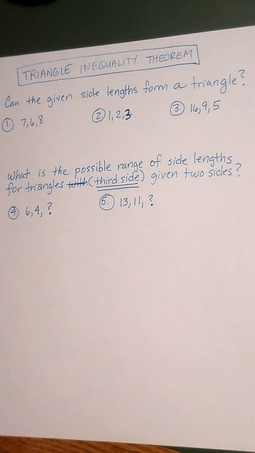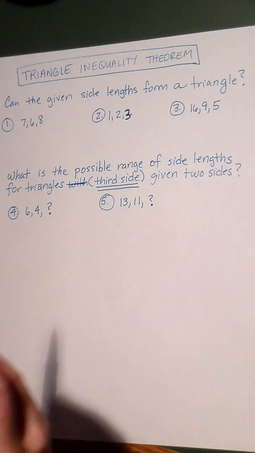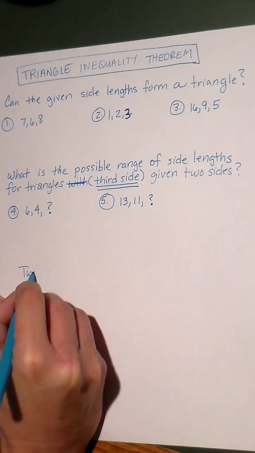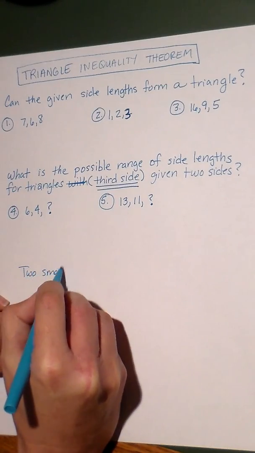Now, the triangle inequality theorem, remember, dictates whether or not we can form a triangle based on certain given side lengths. It also helps us determine, if we know two side lengths of a triangle, what the range could possibly be for the third side. So, just to review, the triangle inequality theorem says that the smaller two sides, the two smallest sides